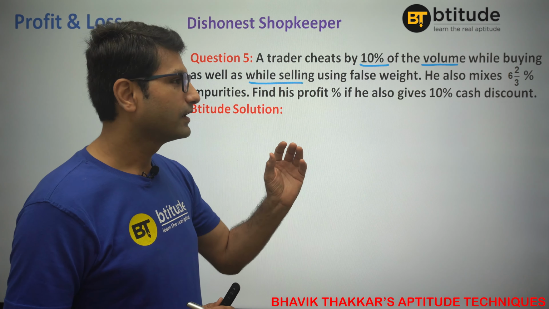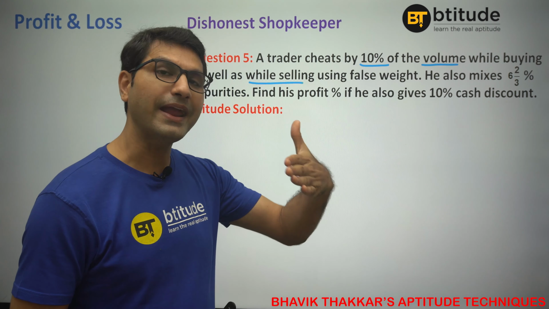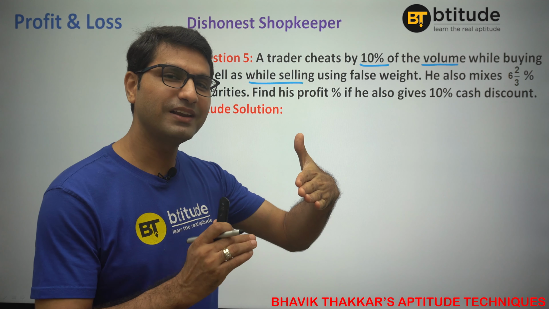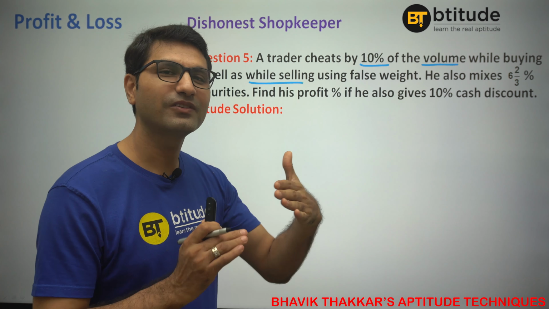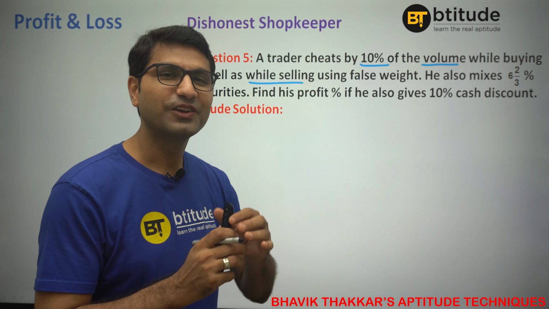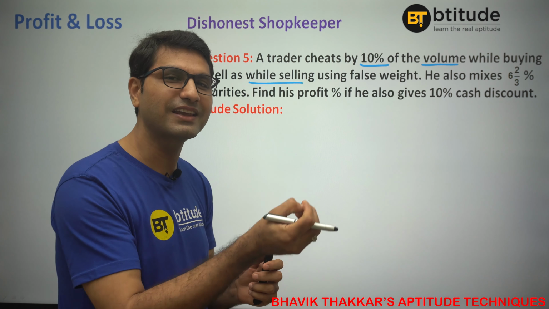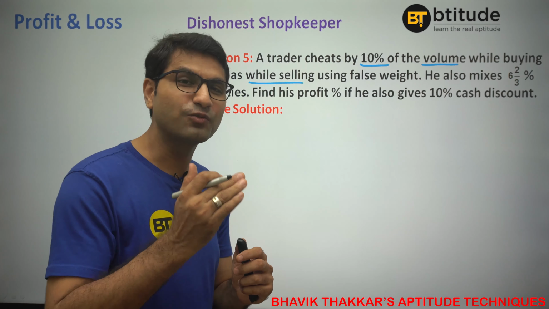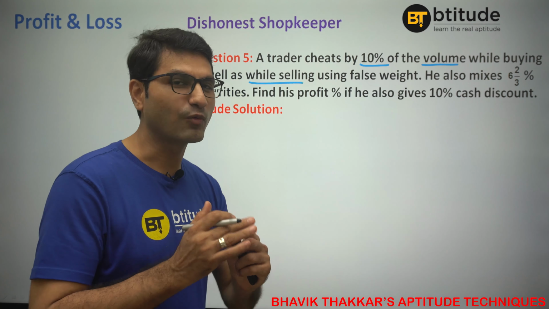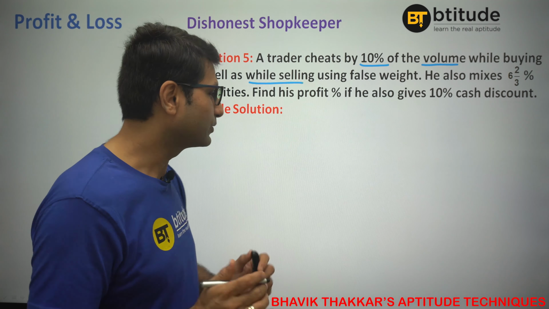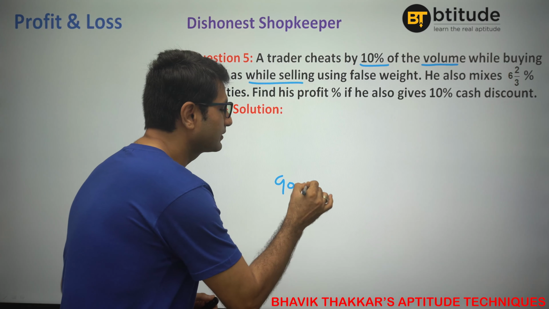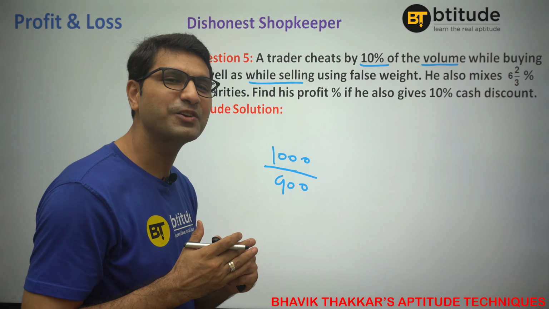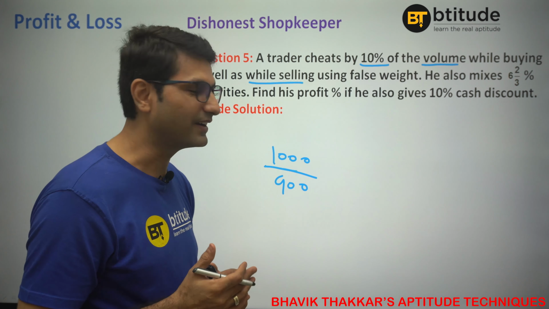That means, say for example, 1 kg. When he is buying 1 kg, are you getting it? He will only give you the money worth 900 gram because he's cheating 10% in volume. So you will give him 1 kg, but he will cheat you in a way that its weight would be 10% lesser than the actual weight. So he is making 1000 gram out of 900 gram, right? Because he is giving you only money worth 900 gram.